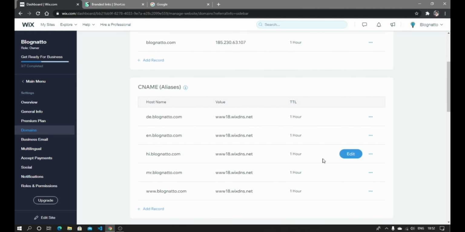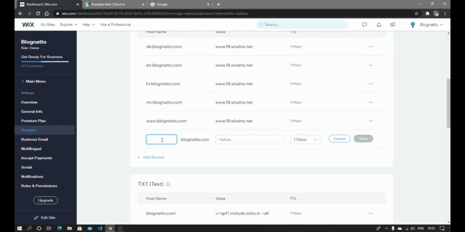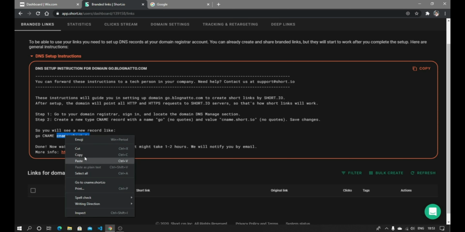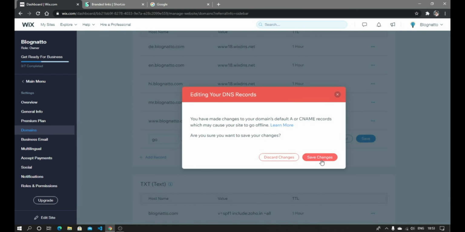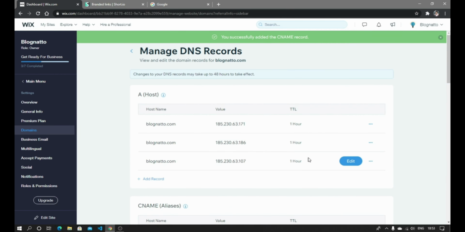Now we need to create a new CNAME record. Click add record. The prefix is go for me, so it's go.blognato.com, and the CNAME value is cname.short.io. Paste it and hit the save button. Ignore this message and click save changes.